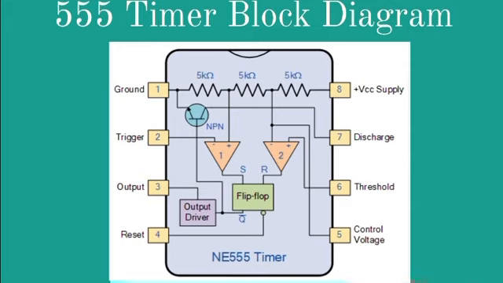noise problem. Okay, so next we have pin number 6, that is the threshold terminal. So this is a non-inverting input terminal of comparator 1, which compares the voltage applied to the terminal with a reference voltage of 2 by 3 VCC. Okay, so here the amplitude of the voltage applied to this terminal is responsible for the set state of the flip-flop. When the voltage applied in this terminal is greater than 2 by 3 VCC, the upper comparator switches to the plus voltage saturation and the output gets reset.